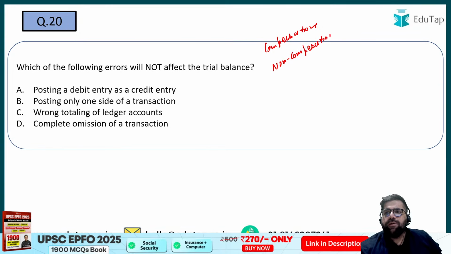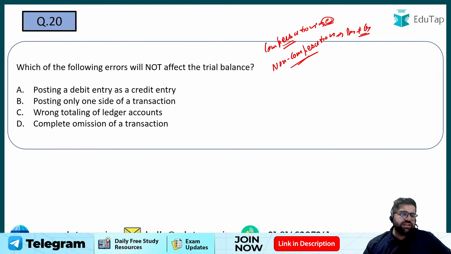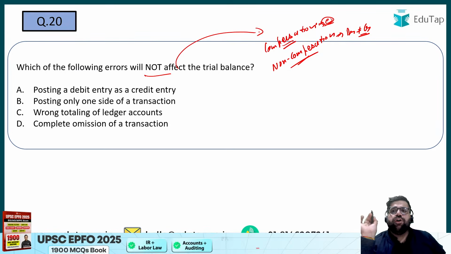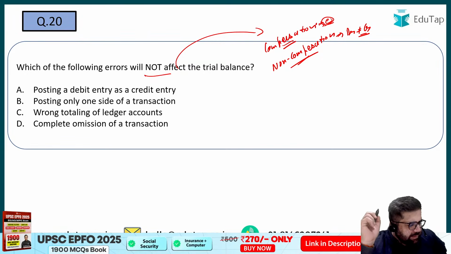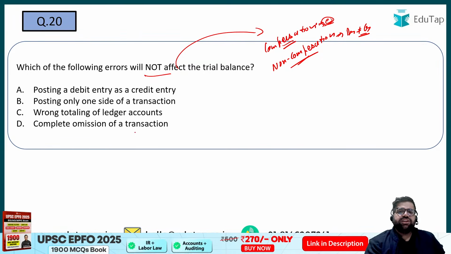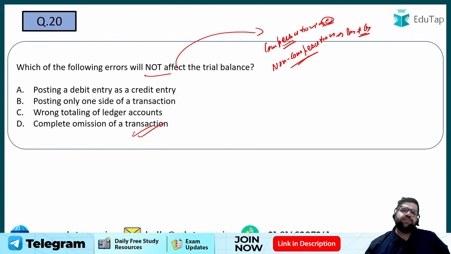Compensating and non-compensating. Right? Compensating means their effect will become zero. Non-compensating means that debit will not be equal to credit. Now the question is asking you which will not affect. Basically the question is asking you for compensating error because their effect will become zero. Yes, complete omission of transaction will definitely